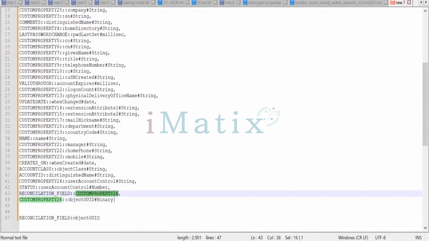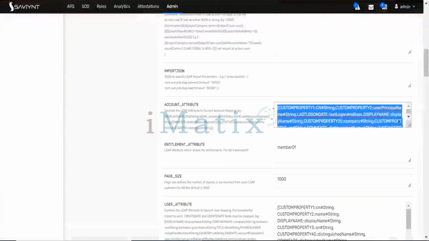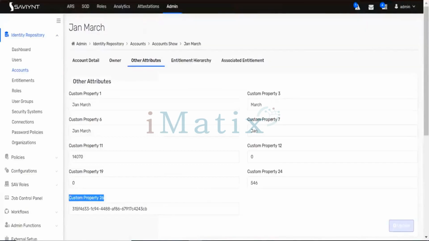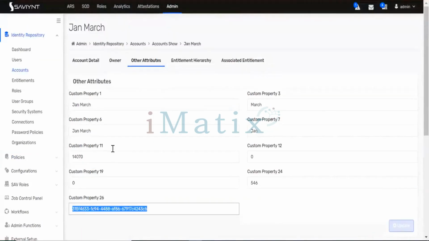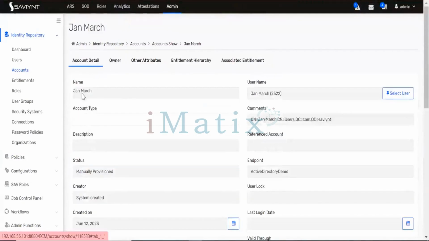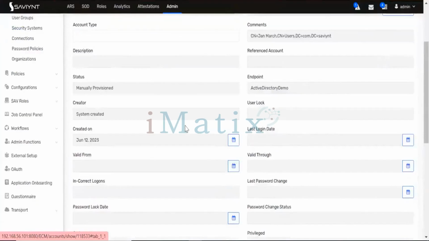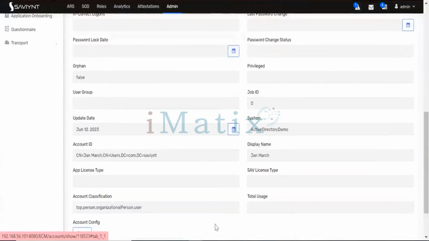This custom property 26 belongs to my account attribute. If I go right, I showed the account, right. This is my custom property 26. Basically, here I'm storing the object GUID. First, here it is correct. No worry. And this is your account details like name, username, comments, endpoint, everything is correct. What I believe, if I scroll the log,